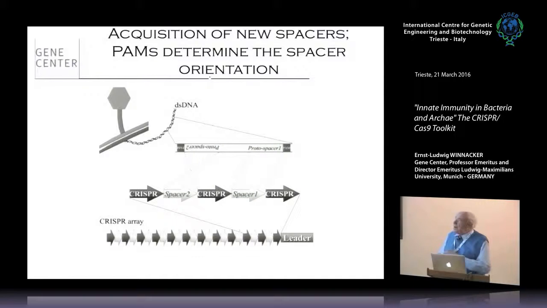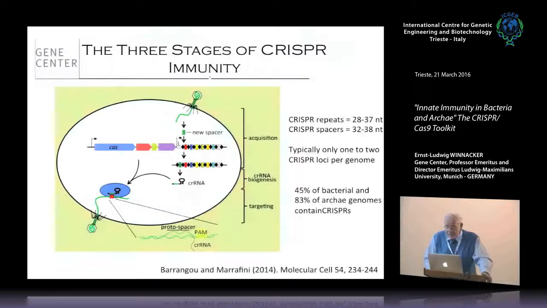Anyway, the PAM, the protospacer, is always important in order to make this. And this is the entire array. You see here in gray, the protospacer, which is the sequence which comes from the phage, and then the repeats in black here, which I've shown you, have to be palindromic, at least in part. Now, you can see what happens.